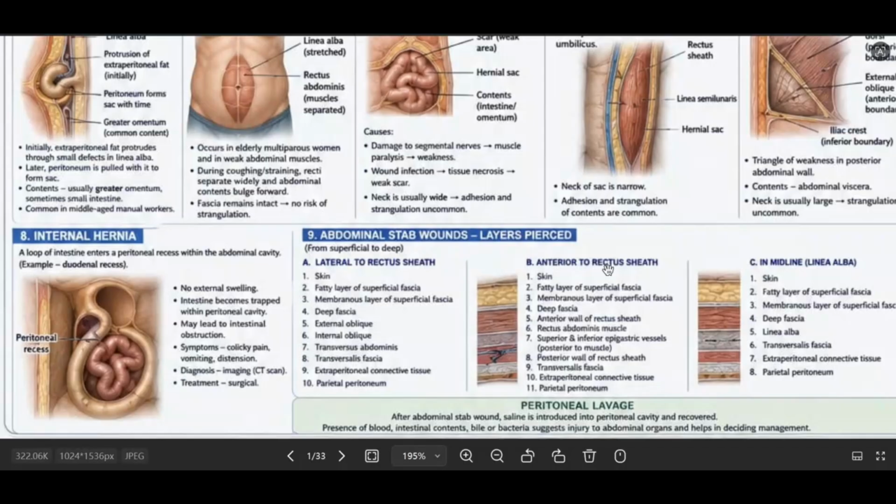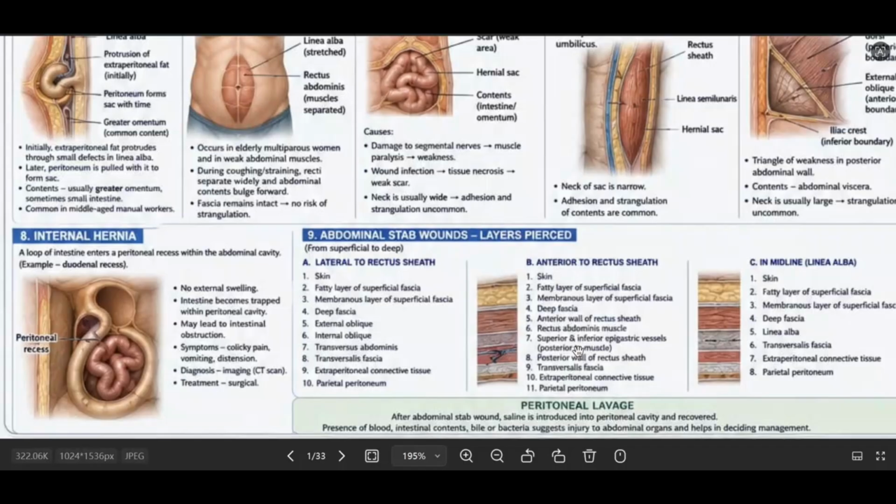So that's why, while we were discussing lateral to the rectus sheath, there was no mention of the rectus sheath. But because this point is happening at the rectus sheath, there will be a rectus sheath, okay. Then after the rectus sheath we have the rectus abdominis muscle,